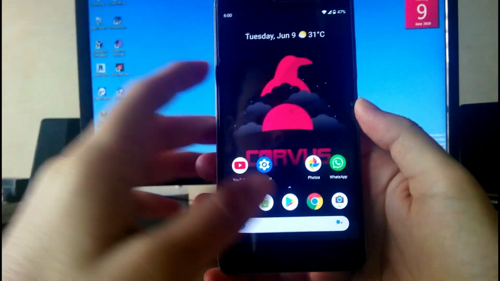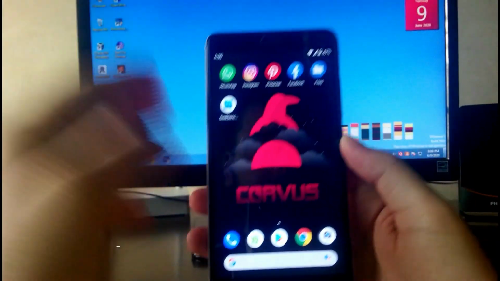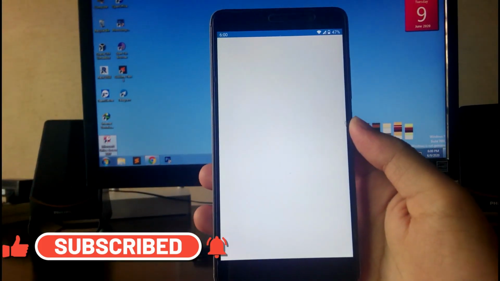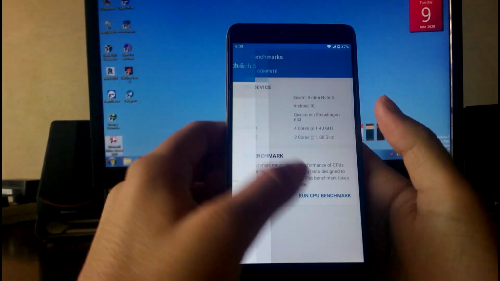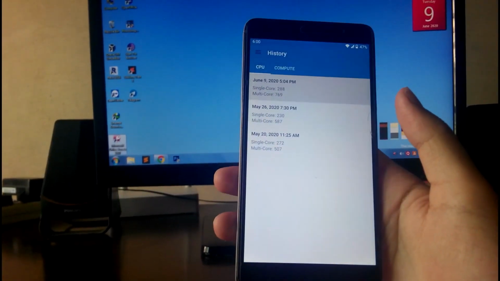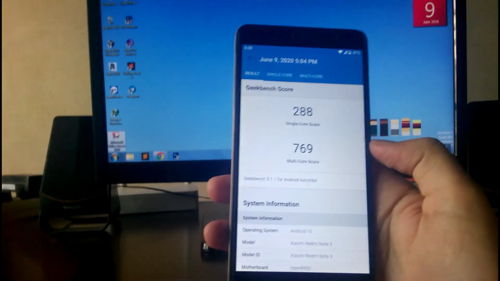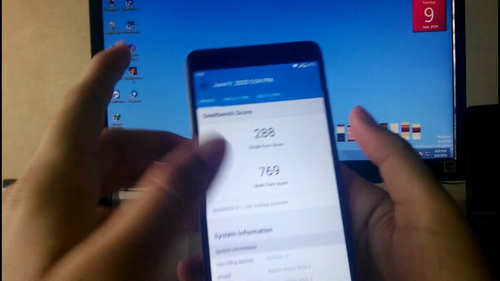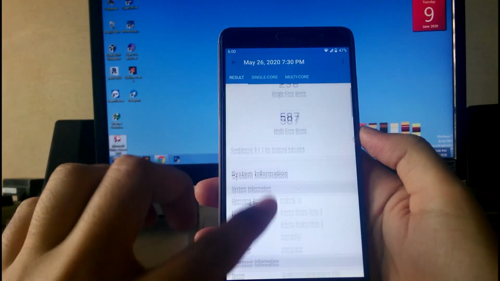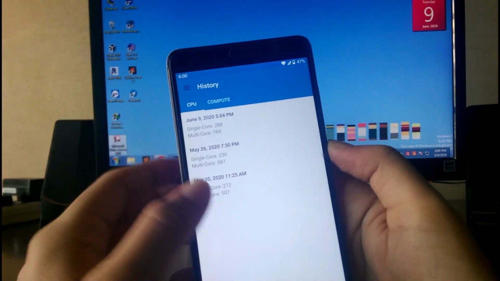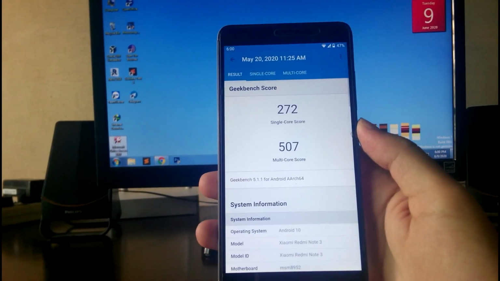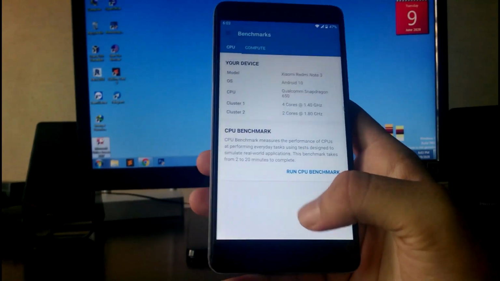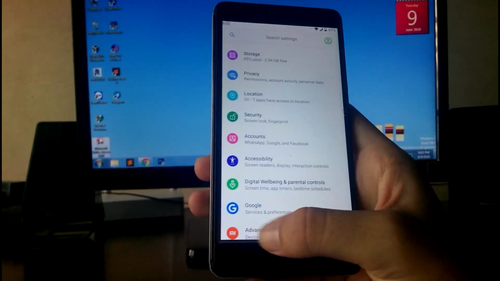Okay, so guys, many of you were asking for the Antutu, but I tried to install the Antutu benchmark and it was not getting downloaded. So I am having these Geekbench scores. As you can see here, the Geekbench scores are amazing, like 288 and 769. These are the highest, I think, for a custom ROM on this device. These are the Geekbench scores for the Atom OS, and these are, I think, for the Colt OS. Okay, so guys, talking about gestures, they are working absolutely fine on this ROM.